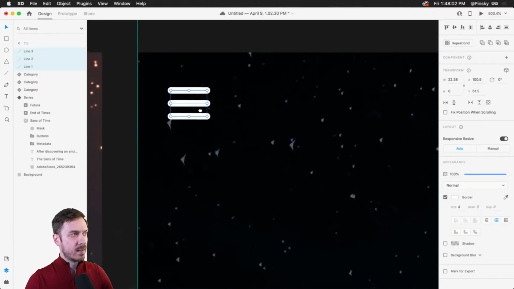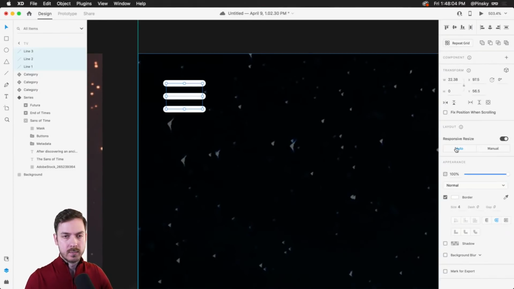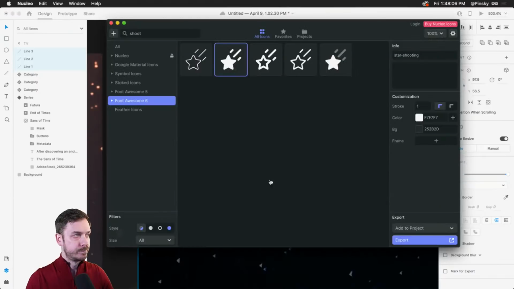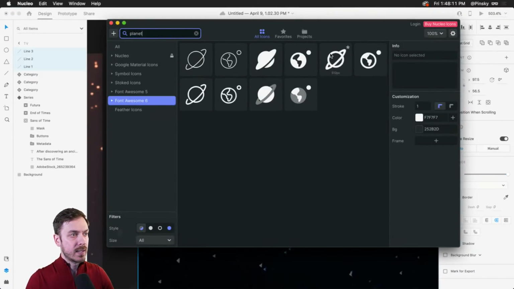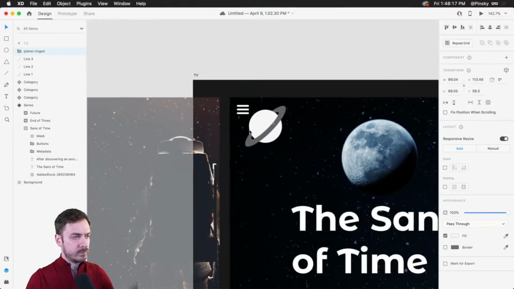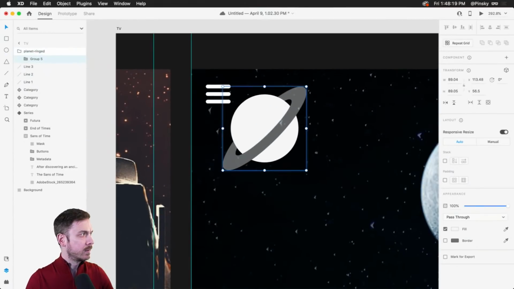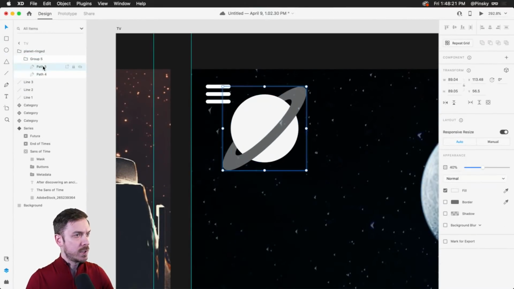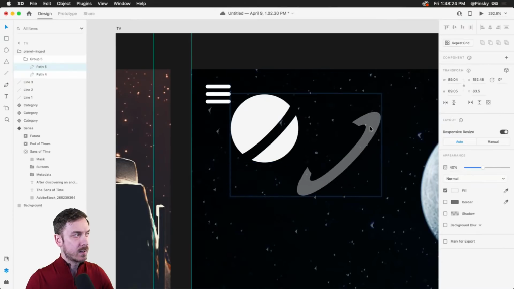I guess if you do want to get a little bit creative with this, let's see if I have any icons. Planet, do I have any? Ooh, I have a ring icon here. Let's try this. Let's get a little bit fancy with this. I don't know if this is going to work, but we're going to try it. Now these are all SVGs, so I should be able to grab this. Yes, okay.